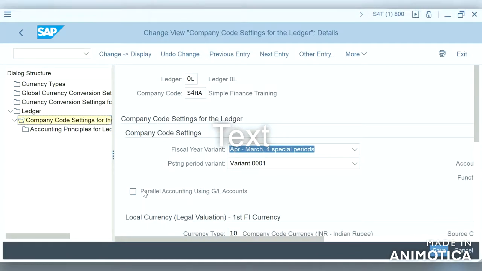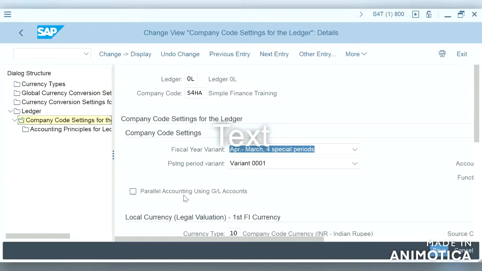So now let us understand what is parallel accounting using GL accounts. So what normally is parallel accounting? If a company has different requirements for reporting, then we will be using parallel accounting.